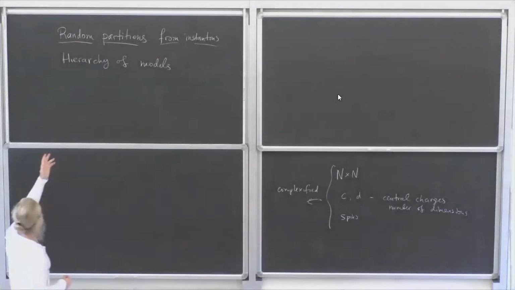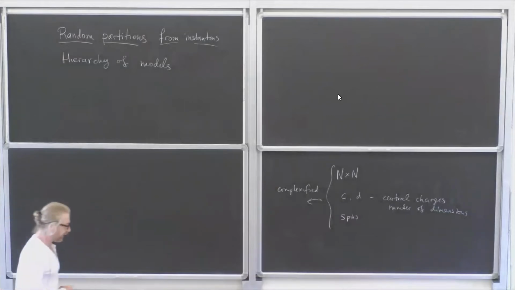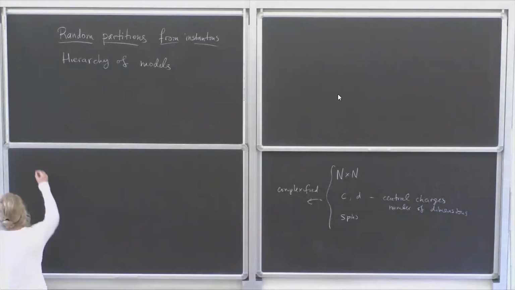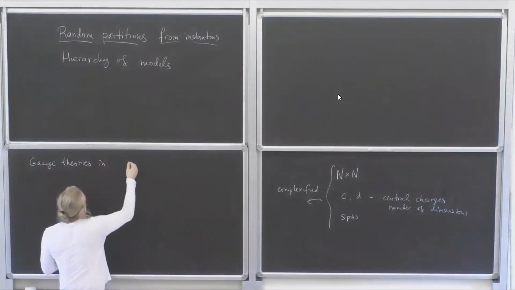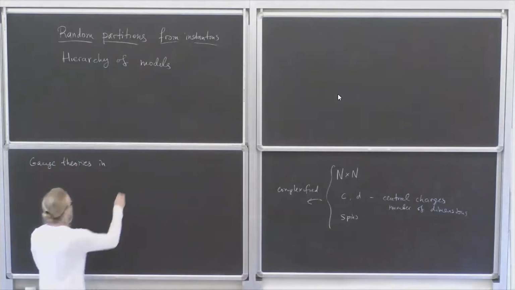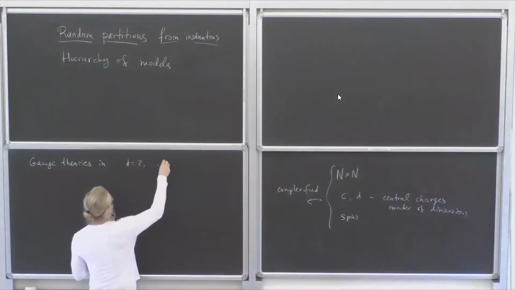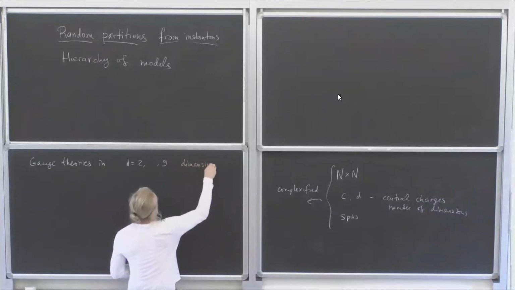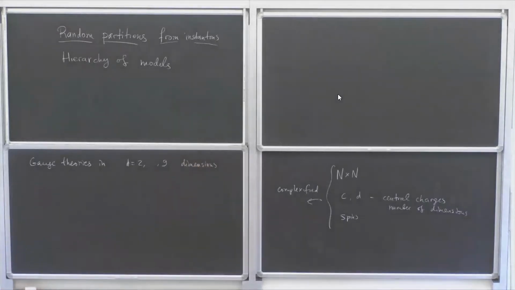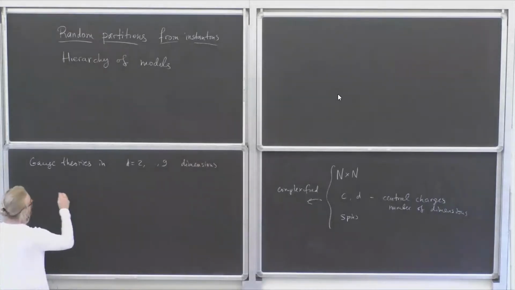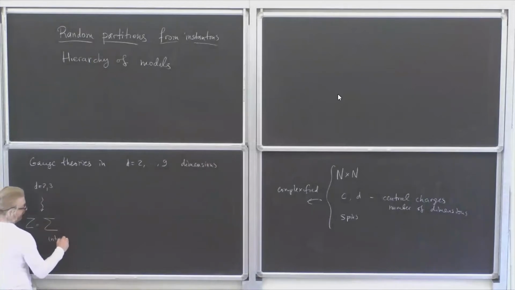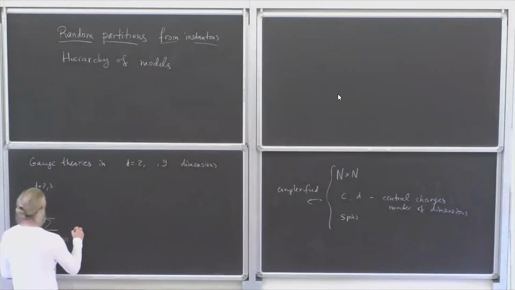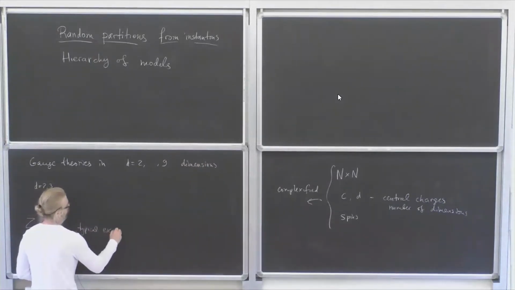But of course, for me, they were interesting because this is what many questions in gauge theories, in fact, in the whole range of dimensions from 2 all the way to 9, reduce to. So the counting is as follows: if you work in 2 and 3 dimensions, typically you get partition functions which are sums over integers, or some finite sets of integers. A typical example